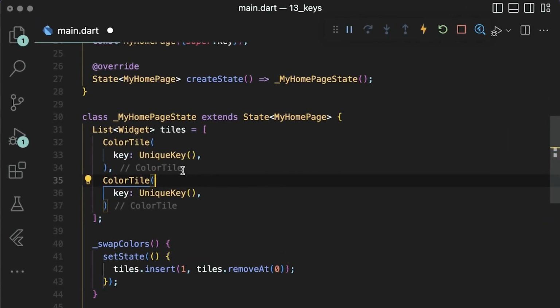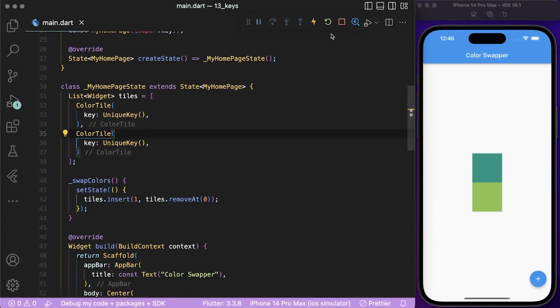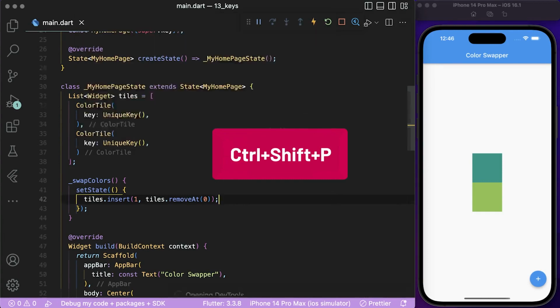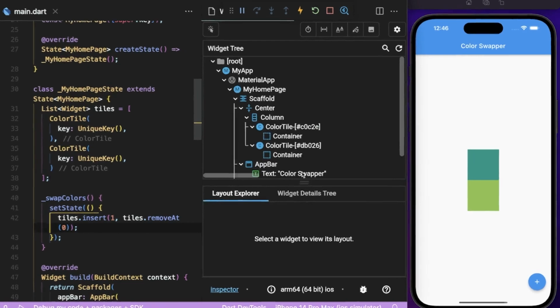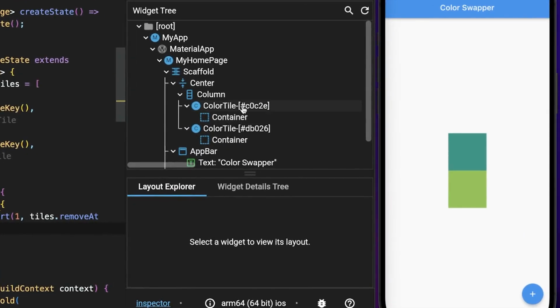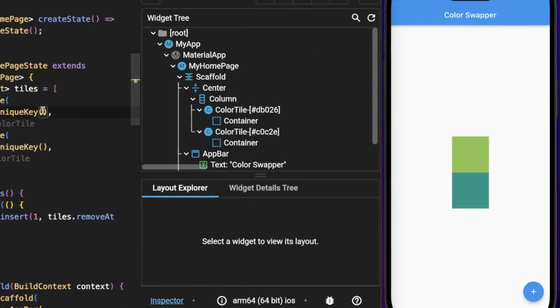But let's say we add a unique key to both of them. We save it and rebuild the application. We'll click on it and they swap. If we actually click Control-Shift-P and open the widget inspector, we can notice the actual swap happening. So you see the color tiles, they have this key number, so C0, C2E. If we click the swap and refresh, you'll see the second one will be the C0, C2E. There we go. They swapped. And if we remove it